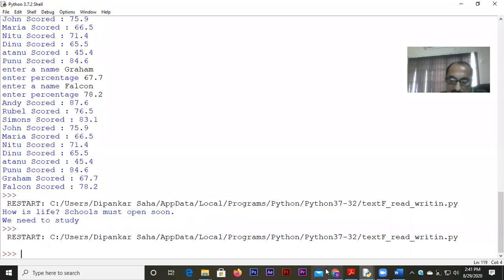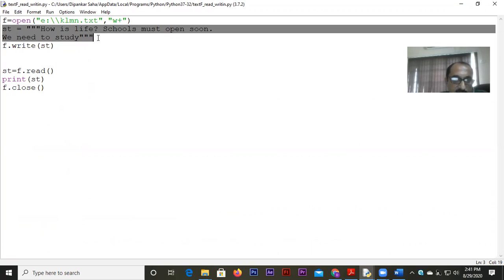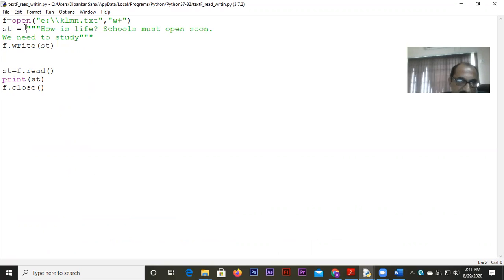If we run, look at this, there is no output. There is no output because you wrote the records, and after writing, just like the way my cursor is blinking on the screen, your file pointer has reached the end of the file. So unless I bring the file pointer back to the beginning of the file, it's not going to read again. So here comes the utility of the seek function.